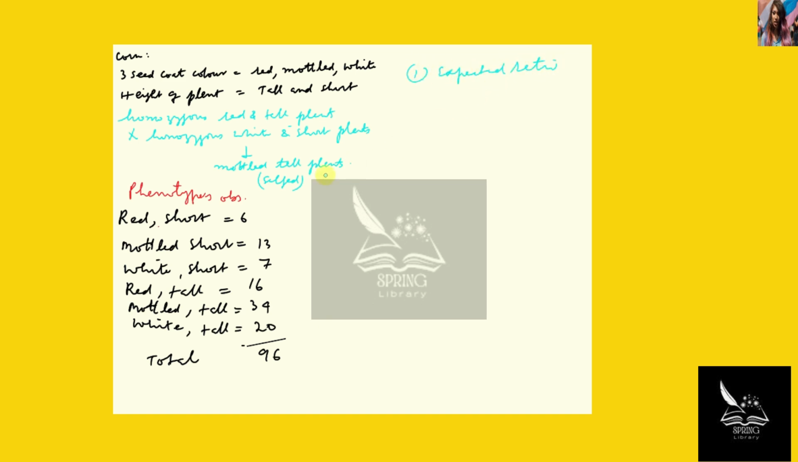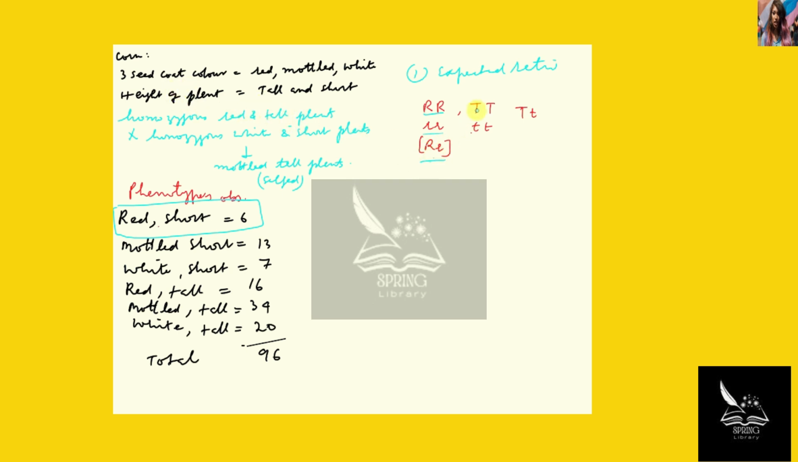ratio for the first category, which is red and short. So in order to find the expected ratio of all the combinations of the phenotypes, we must use the Punnett square, in which we will self cross mottled tall plants. Since we are crossing between homozygous red and tall, red will be represented by RR, homozygous dominant, and white will be represented by the homozygous recessive gene, and the heterozygous Rr will be mottled